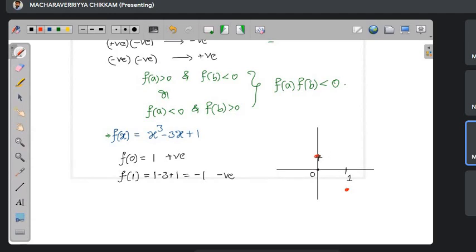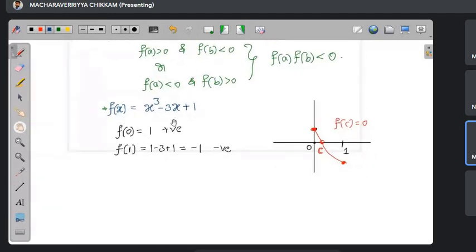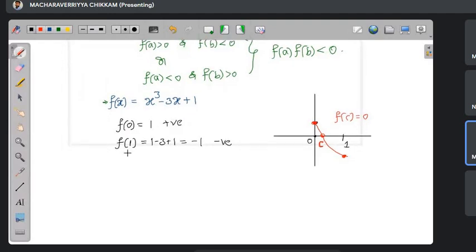Somewhere in between 0 and 1 it has to take 0. So now we need to find that location c, for which f of c equals 0. But one thing is clear here: since f of x is a polynomial, it is continuous. Therefore, using the intermediate value theorem, we can conclude that there exists